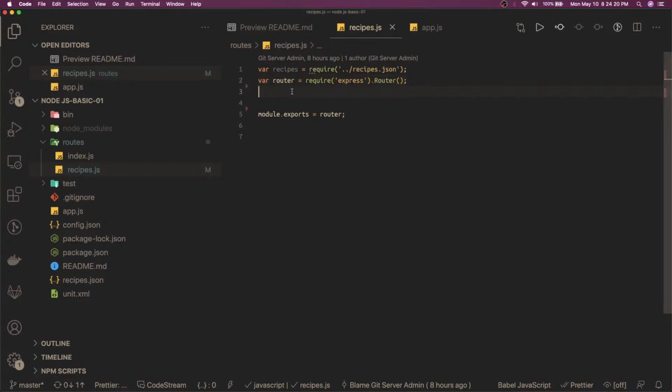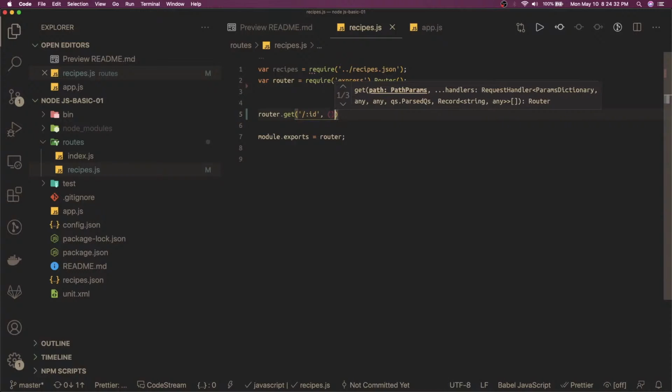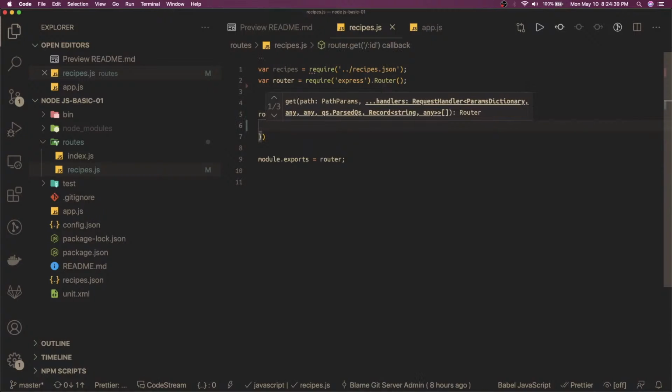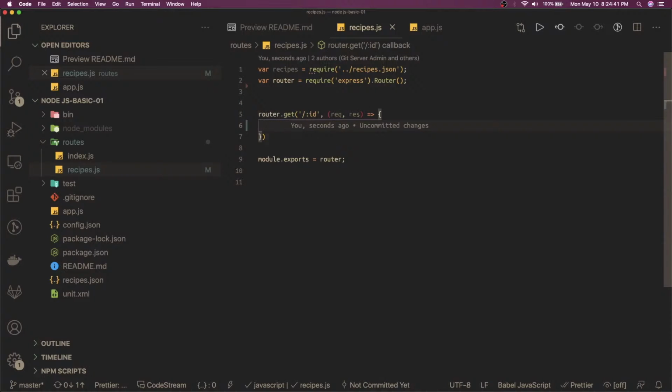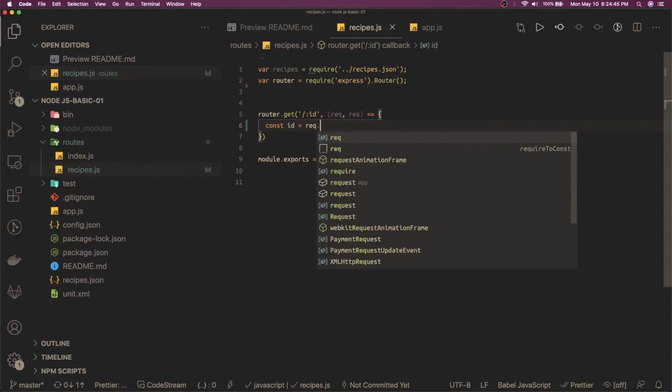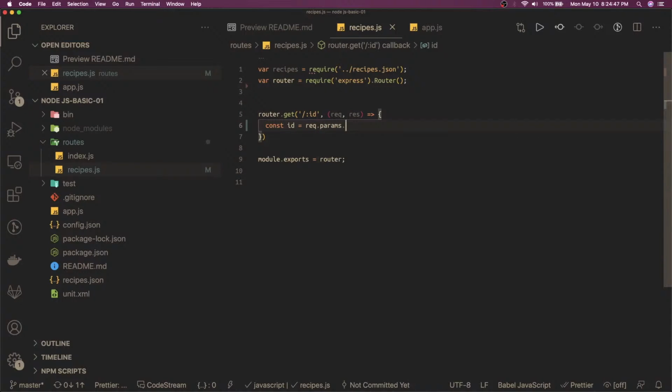So here we are going to write our route. We have router.get, and we are going to take ID as a route parameter, and here we have a request and response, simple Express logic. Right, now what we will do is we are going to get this ID, which we can get from request.params.id,